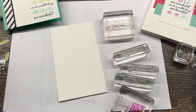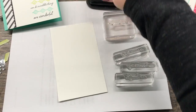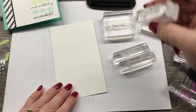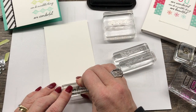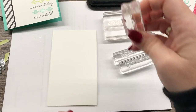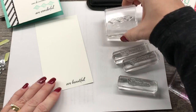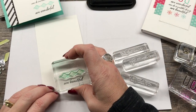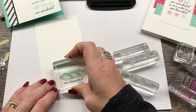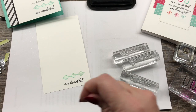and I just need my black. Here we go. All right. Oops, and I'm working from the bottom up, just like I said. Okay. And that is crooked, so we'll do it once more. There we go. You are beautiful. Then we'll take and add a little Coastal Cabana. Right there. Love it. Next, we'll add a little bit of